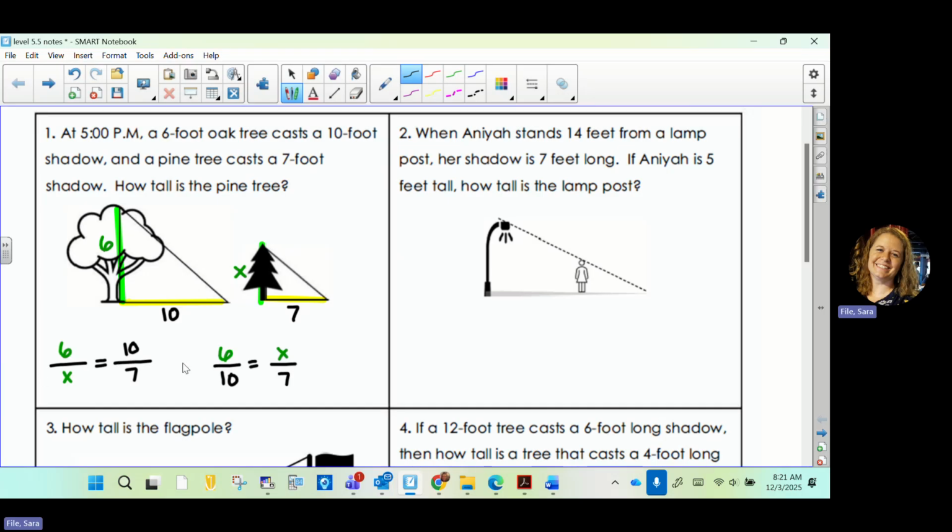Or if you flip either of these over, as long as you flip both, that would work also. You'll notice no matter which way you set it up, when you go to do your cross multiplying, you're multiplying 6 times 7, and then the third number that you're dividing by is 10. So no matter which of the possible correct setups you did, you're doing 6 times 7